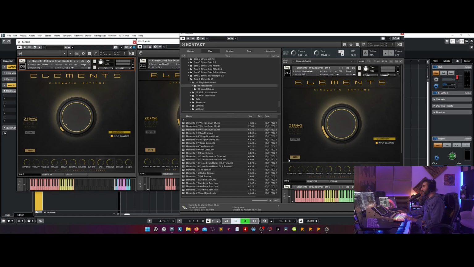Because with the input quantize, when you change the timing with the purple colored key switches, you have a perfect timing because it is quantized. So it's easier.